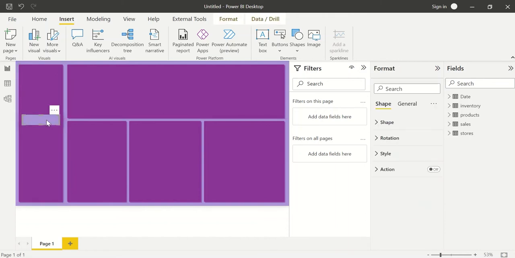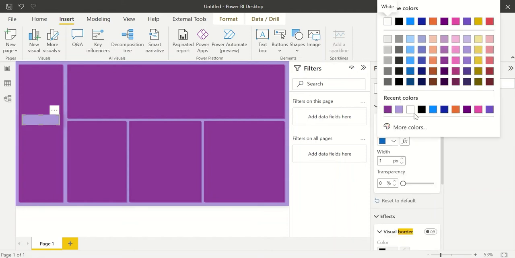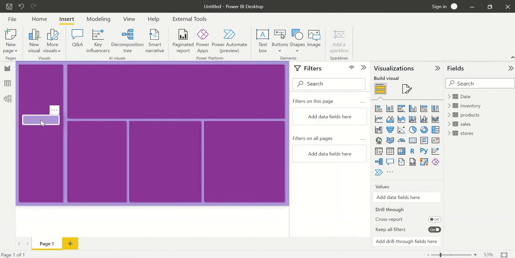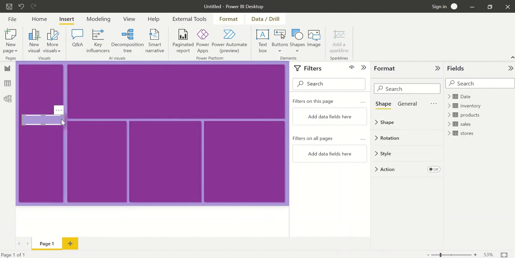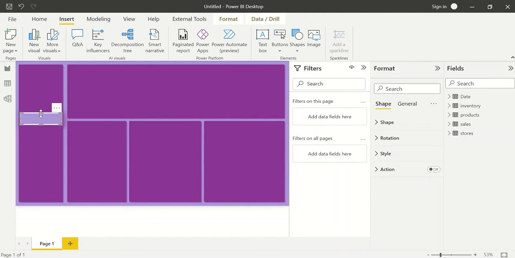All right, so this is how it is looking right now. Let's change the border as well. If I search the border part, it is coming here. Let's make it white with the width of, let's say 5. Perfect. This looks good. Yeah, this is slightly big. Yeah, this is good. Let's change the title part,